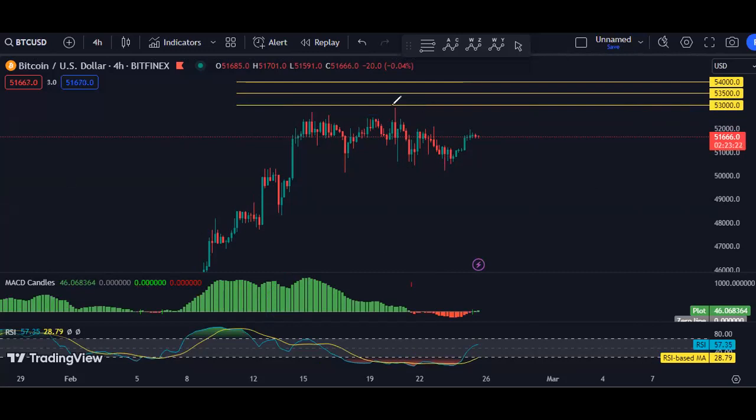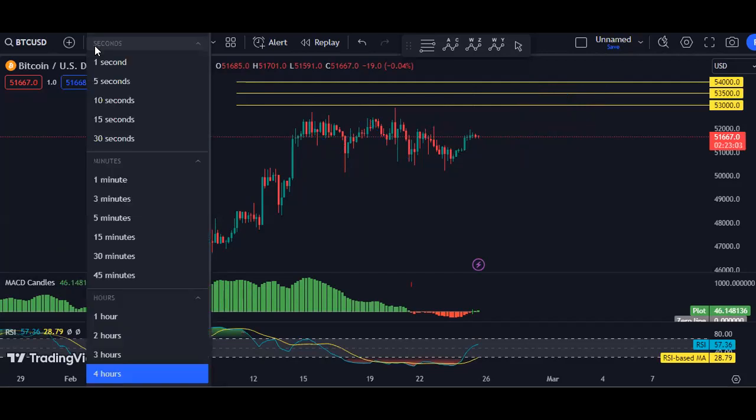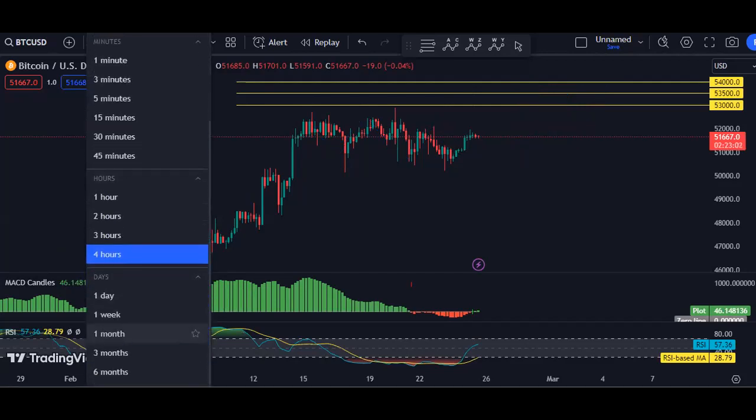Anyway, as I mentioned in my last analysis, if you want to look for continuation, we have to see the breakout of 53 and 54. This zone at this point becomes quite important for us. And we can even expect this to turn into a deeper correction before we see the continuation. Anyway, we start with the higher time frame. We want to see what we have been looking for, and what's next.